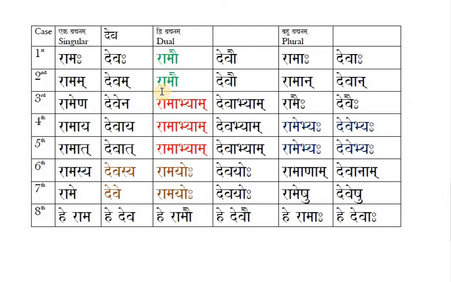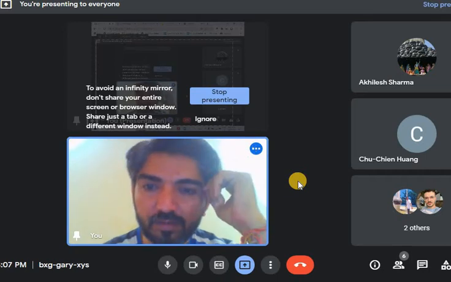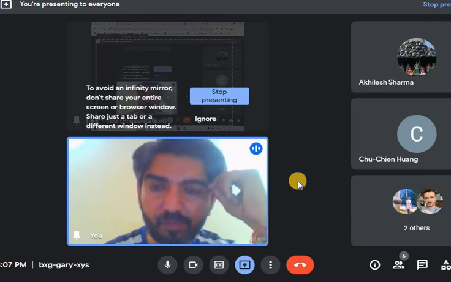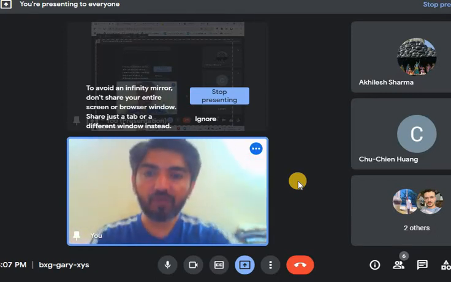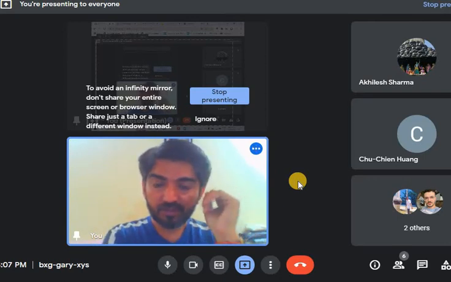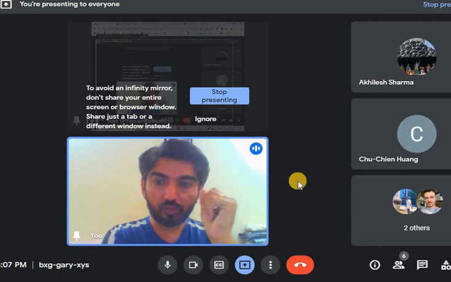Now you would be wondering why these words are written in between. Deva also. I am explaining only the first, third and the fifth column. Why is this Deva written? The reason behind, students, is that you already understood the Rama table: when you want to use a different preposition before Rama, such as of, for, from, in, you have different modified words. As subject you have one word, for object you have one word, right? And for dual and plural also you saw.